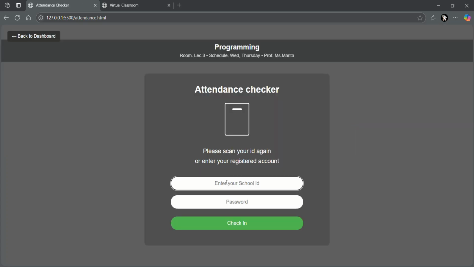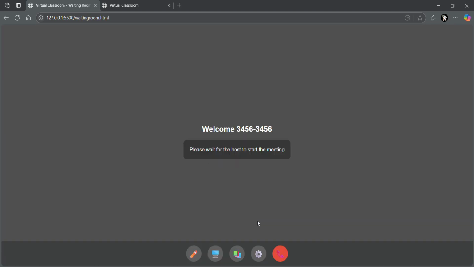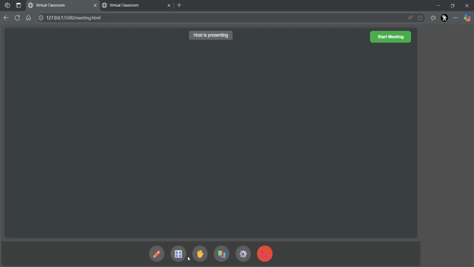professor layout, I will also show you the UI for the professors. So it has the same functions for the professors. It has start meeting and the control room. So in here, you can start a meeting. So it will be started and the students will be directed to this meeting.